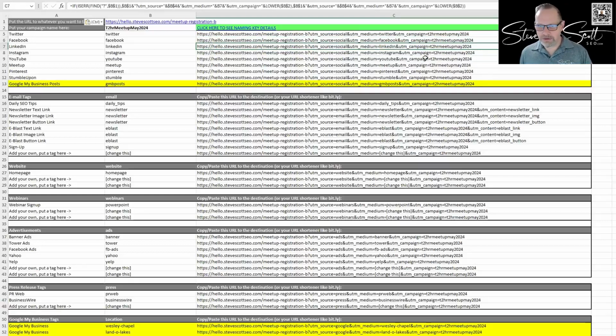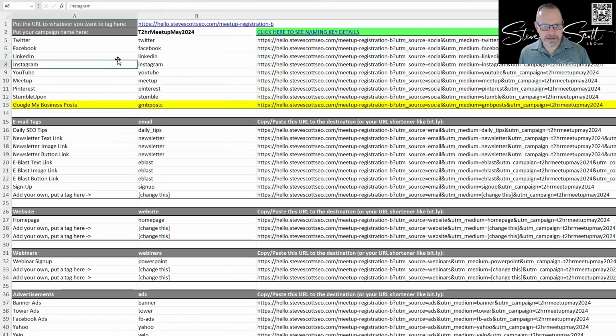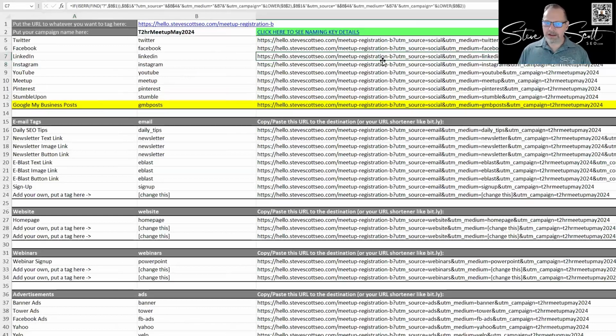So this one here, you see, I'll zoom in a little bit here. This is LinkedIn, right? And it says, okay, well, here's the link. So you're going to go to that location. And then when people hit that page, the source is social, the medium is LinkedIn, the campaign is the name of the campaign we're pushing. In analytics, I could now see how many people came in as a social media source from LinkedIn for that campaign. I can track everything.